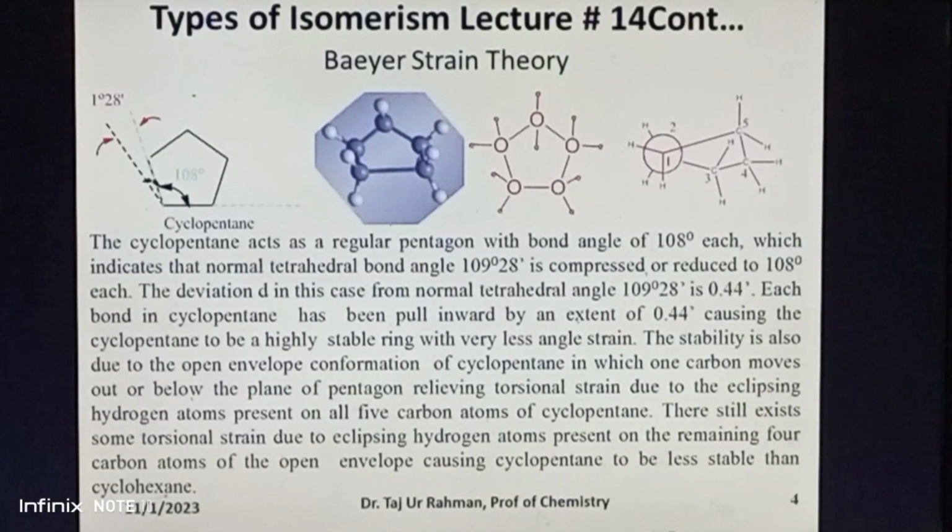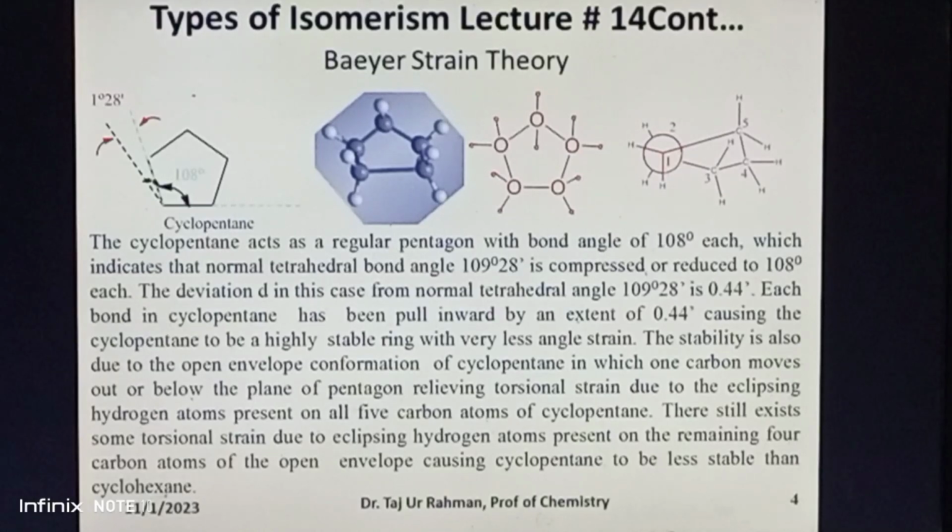In case of cyclopentane, which acts as a pentagon, the bond angle has been compressed or reduced from the normal tetrahedral bond angle of 109 degrees 28 minutes to 108 degrees, with an extent of 0 degrees 44 minutes on each side. This causes cyclopentane to be a highly stable ring